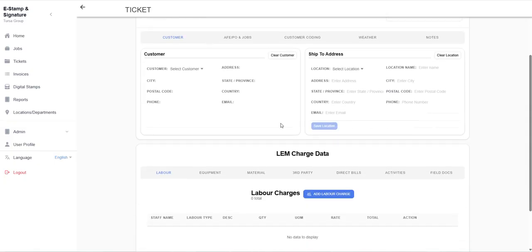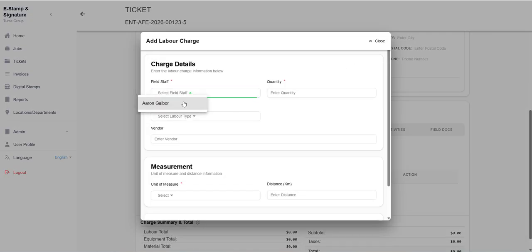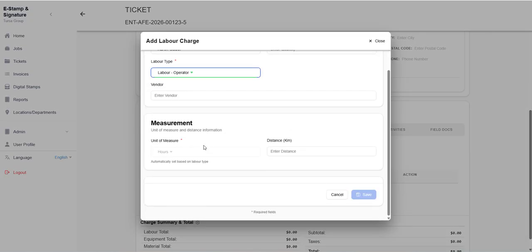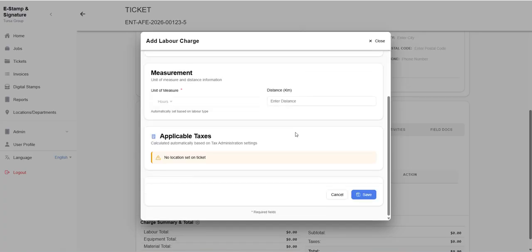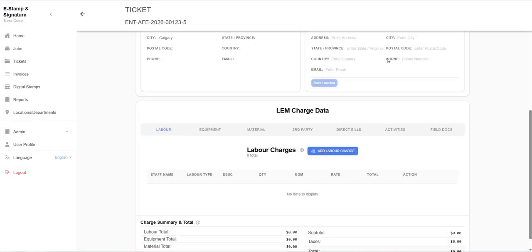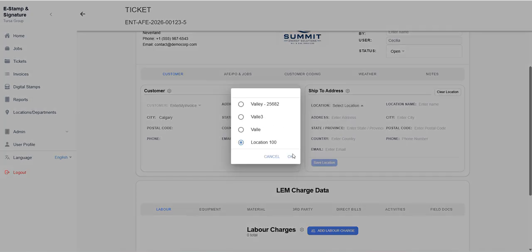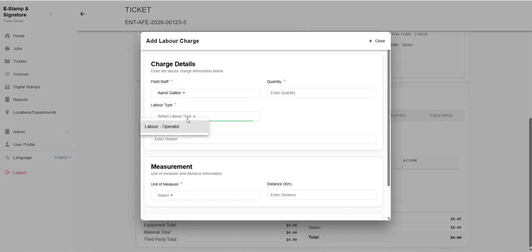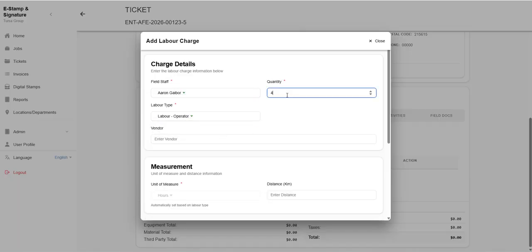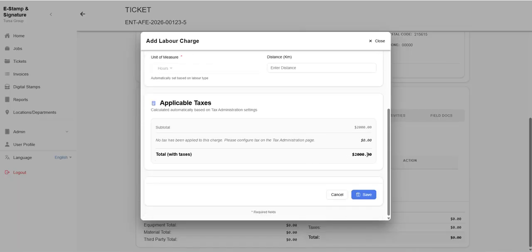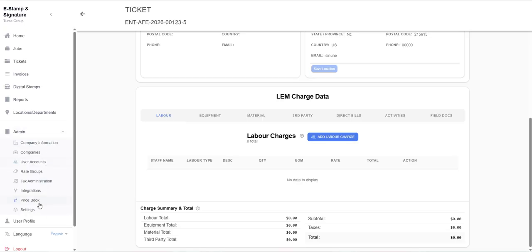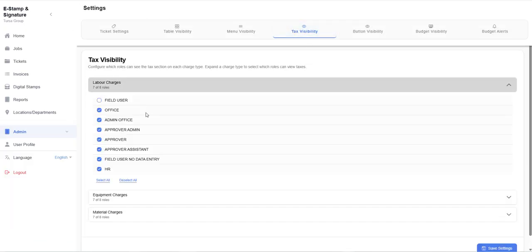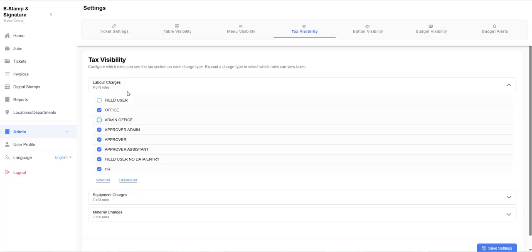When you open up a ticket and you want to add a labor charge, some people don't want staff to be able to see the dollar amounts on their user interface, especially when they're adding this charge. So when you add a charge, if you don't want the field staff to see this dollar amount, you can manage that by simply going into the settings here, tax visibility, and again, I'm going to remove this,